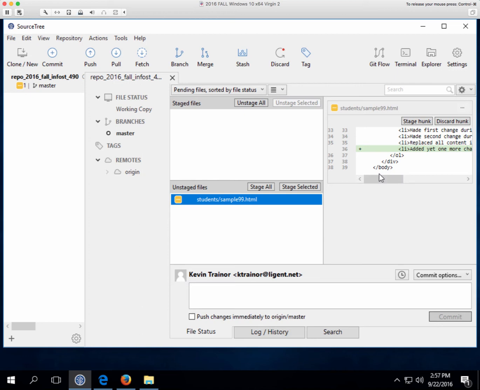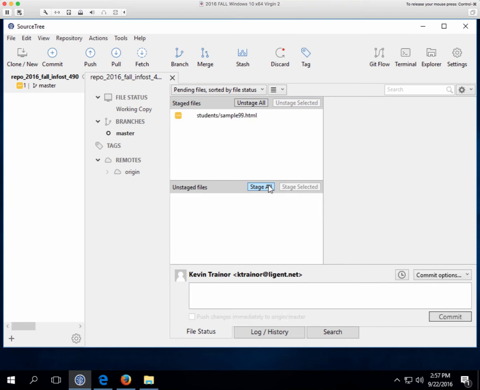Okay. Now, just a reminder here, the reason we use staging is so we don't have to commit all of our changes at once. We pick the ones that we want to include in the commit. Again, we've only got one thing, so we can say stage all or stage selected. They're both the same thing. So we stage it all. And now we're going to come up and say that we want to commit. And come down here and say